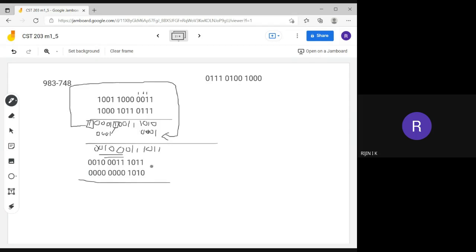Okay, here 1 plus 1 is 0 with carry 1, so 0; 0 plus 1 is 1. Then 1 plus 1 is 0 with carry 1.